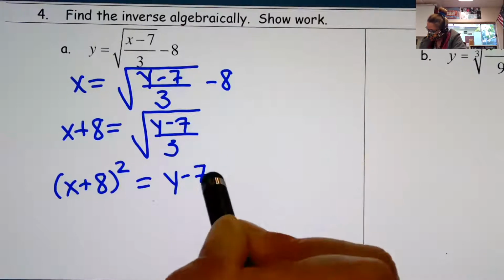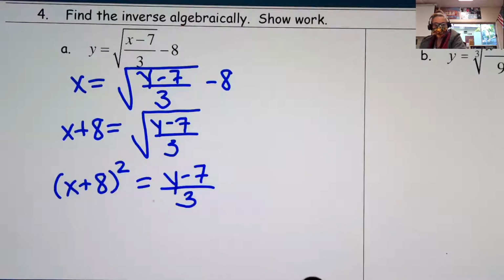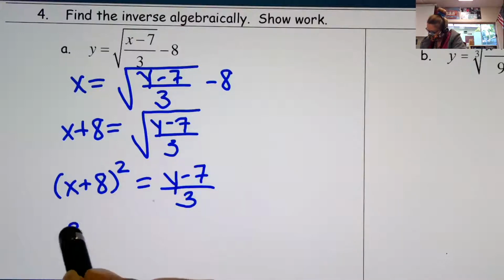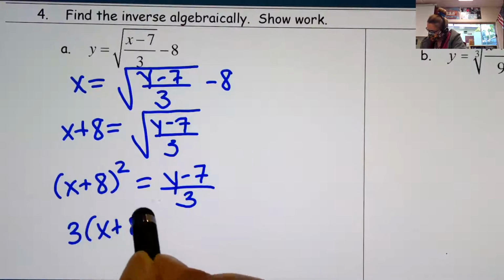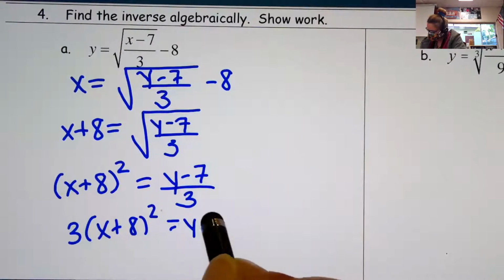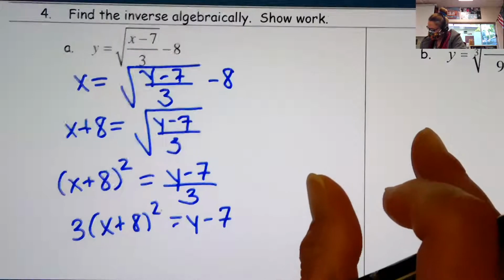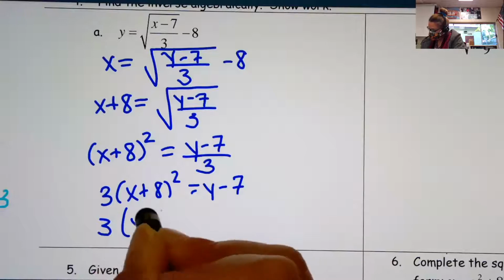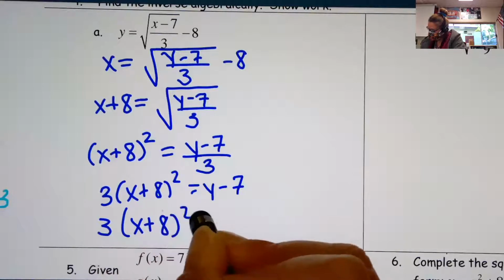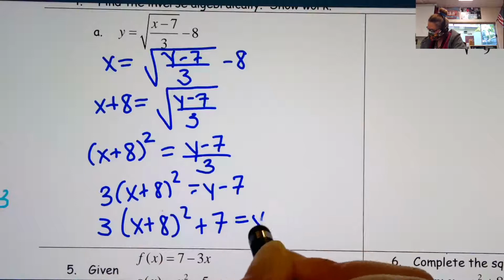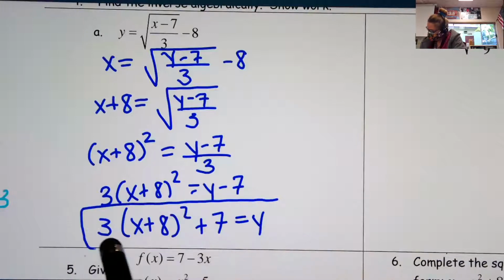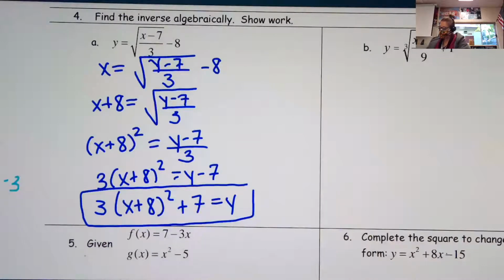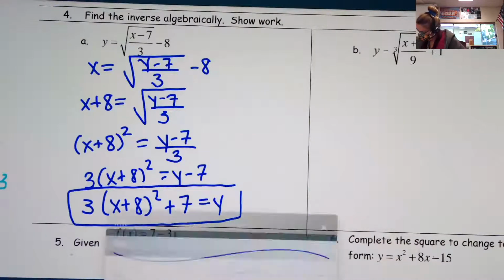And when I square this side, it undoes the square. I'm going to times both sides by 3 to get rid of this 3. So this is 3 times x plus 8 squared equals y minus 7. I am going to add 7 to both sides. So this is 3 times x plus 8 squared plus 7 equals y. Now that is my equation. Now the one thing you need to pay attention to when you are doing these graphs is this first one